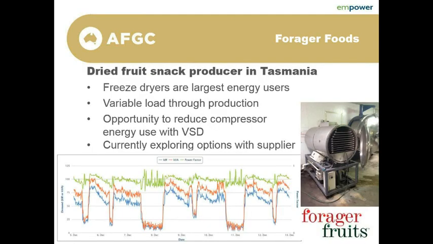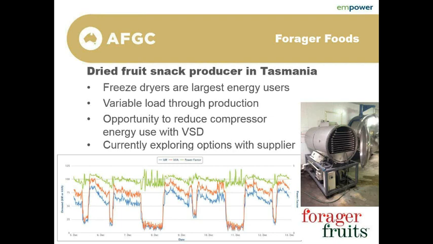So Kartik and I were recently down at Forager Foods, a fruit snack producer down in Tasmania. They've got a range of motors and pumps on site: air compressors, refrigeration compressors, cool rooms. Their main energy using equipment, however, is their freeze dryers, which have vacuum pumps which create a vacuum